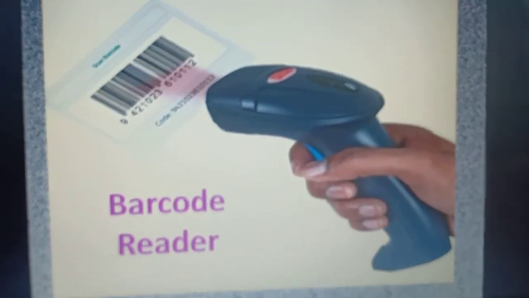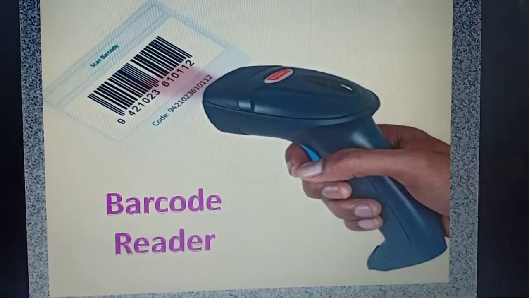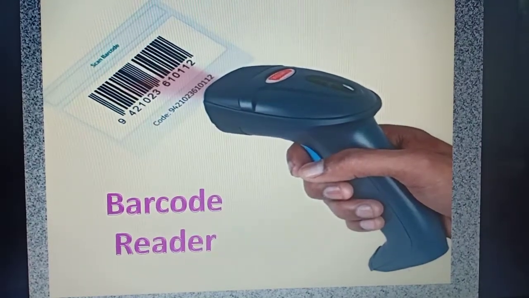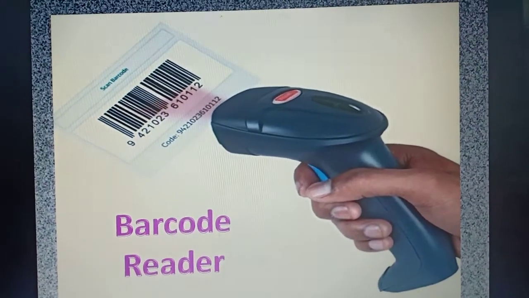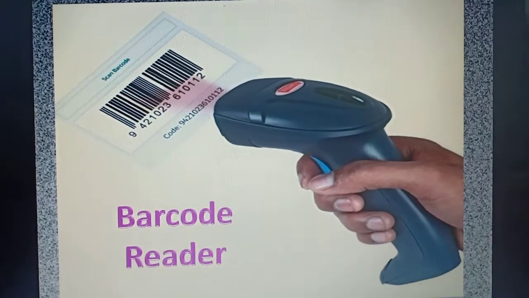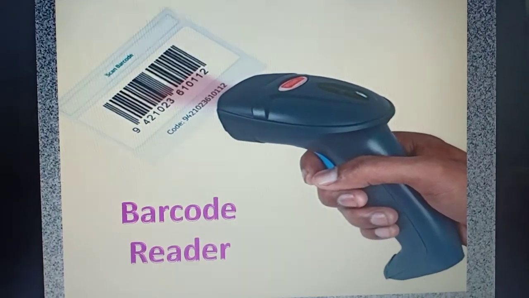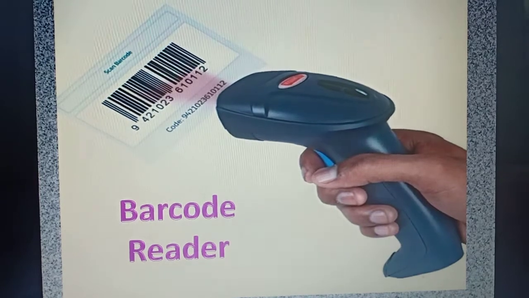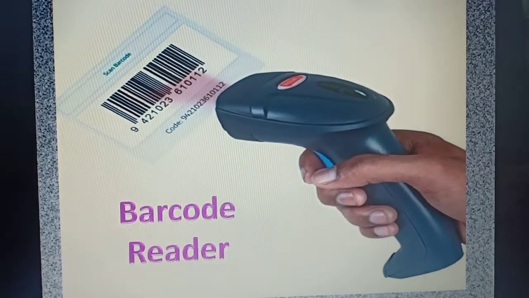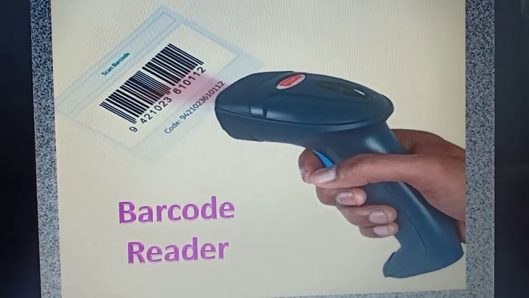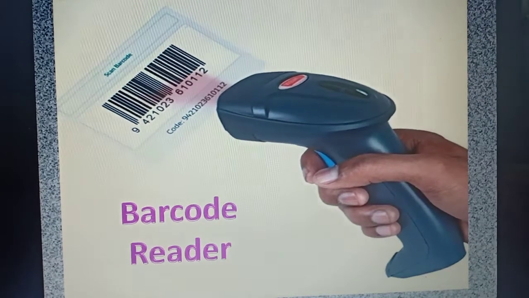Then the next input device is barcode reader. This is also used, you can find in shopping malls or in marketing shops. So this is the handheld machine, means we can hold this machine to use it.